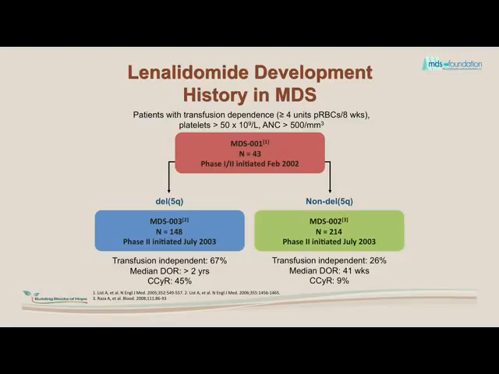enrolled. In the MDS-003 trial, or the chromosome 5q deletion study, more than 2/3 of patients became transfusion independent, with a rise in hemoglobin that was nearly normal. Median duration of response was lengthy, averaging over 2 years. And overall, 70% of patients had a cytogenetic response and 45% had a complete cytogenetic response, meaning the chromosome abnormality could no longer be detected.